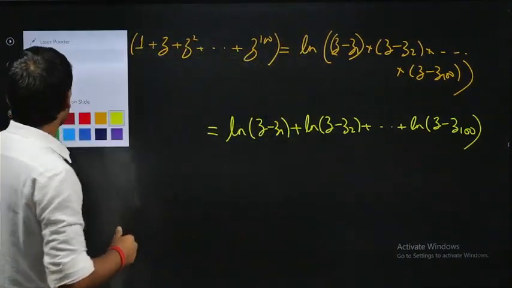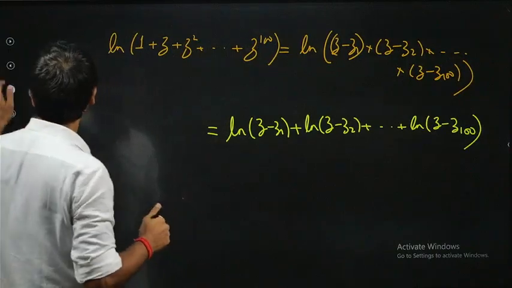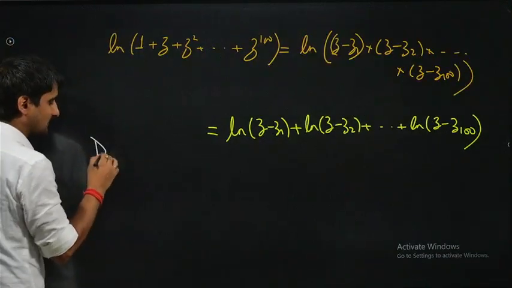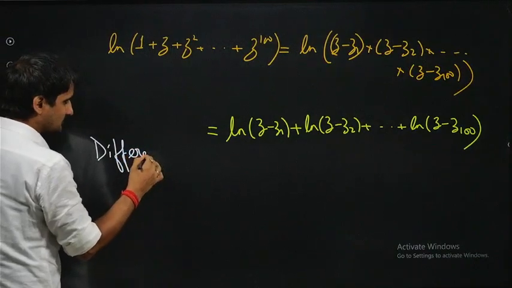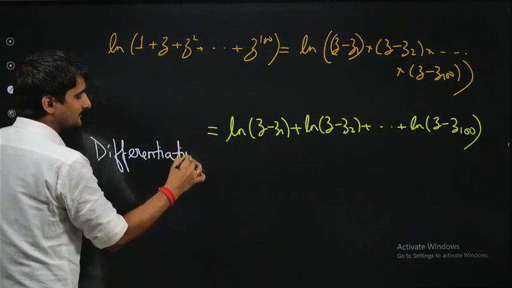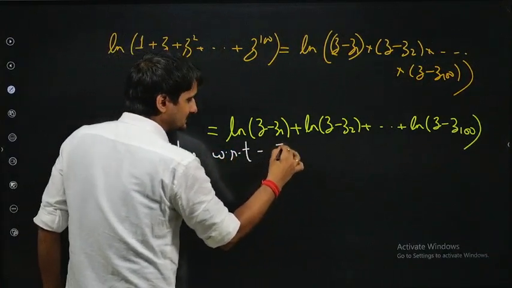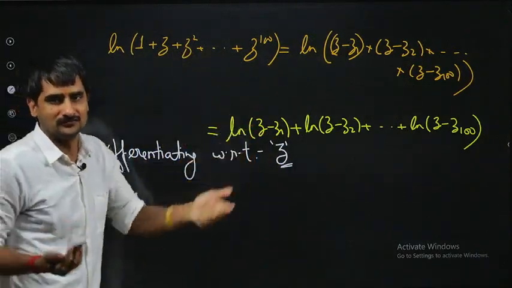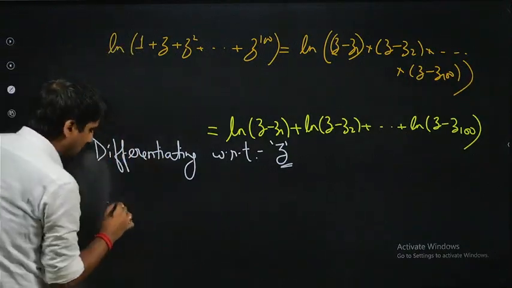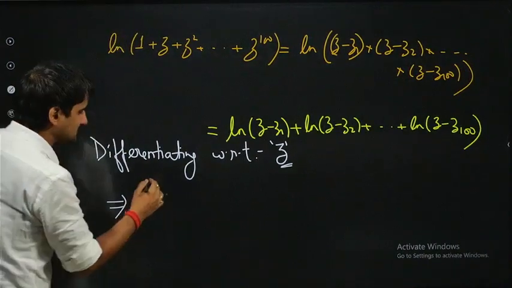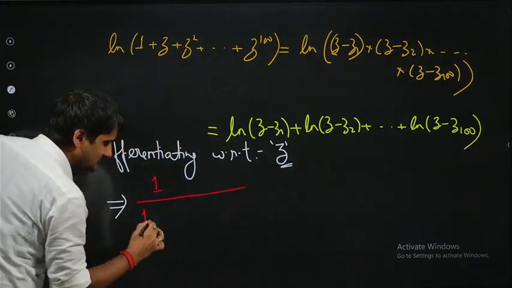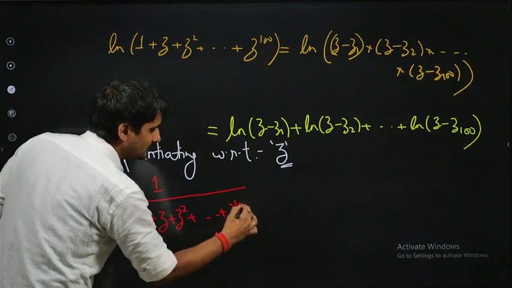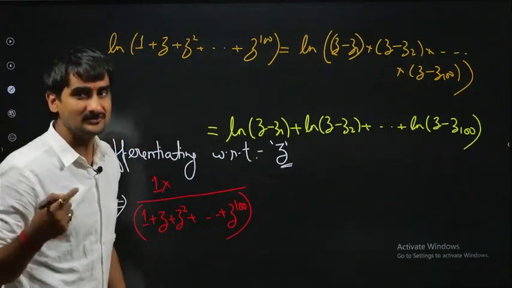Okay, now see, as I said, why not differentiate it? Because the moment you differentiate it, you get this type of terms in the RHS. So let's do it. Differentiating with respect to, not x of course, with respect to the complex number z here. We will be differentiating both the sides. The derivative of ln t is 1 by t. So I will write it as 1 by t, which is the input of ln, which is 1 plus z plus z square, this entire polynomial of degree 100, into, using the chain rule of differentiation,